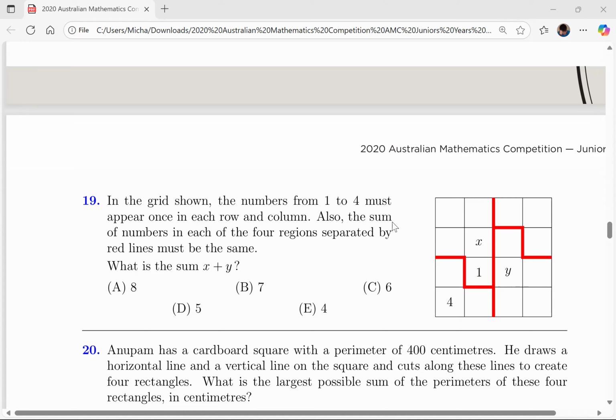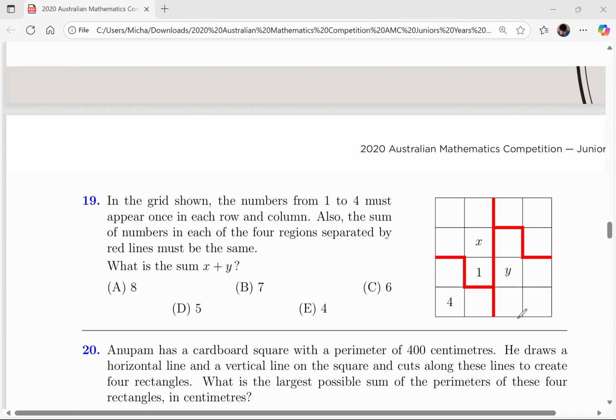One of the tricky things is that the question wording is a bit annoying. So it's the numbers 1 to 4 must appear once in each row and column. So it means in every row and column, so that's a column, it has to have exactly one of each number in it. Yeah, and it's the same like this. But you can't just put them anywhere because you also need them to add up to the same thing within